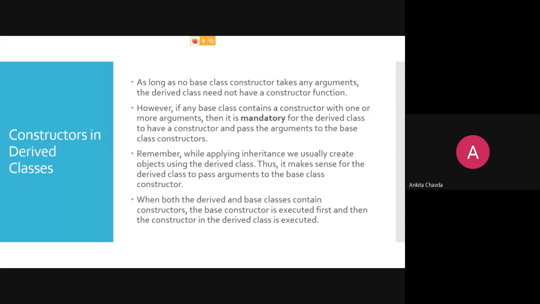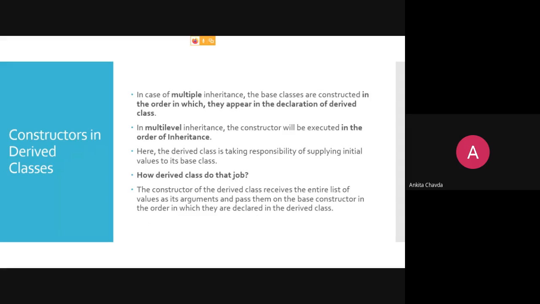Whenever you are deriving, you write first class M and then class N. So since you have written class M first, class M's constructor will be called, then N, then the others, in that order. So in the case of multiple inheritance, the base classes are constructed in the order in which they appear in the declaration of the derived class. That is the answer.